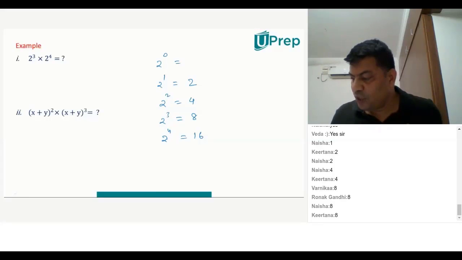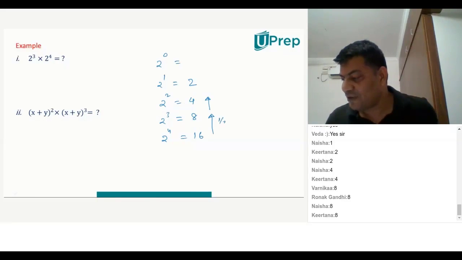From 2 to the power of 5 to 2 to the power of 4, the 16 is becoming half of it, it's becoming 8. You can see 2 cubed to 2 square, 8 is becoming 4. Once again it is halved. From 16 to 8 it is halved, from 8 to 4 also it has become half. You can observe here also, 2 square to 2 power 1, it is becoming half. Now from 2 power 1 to 2 power 0, you can see this has to be halved.